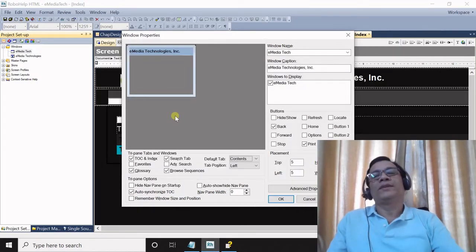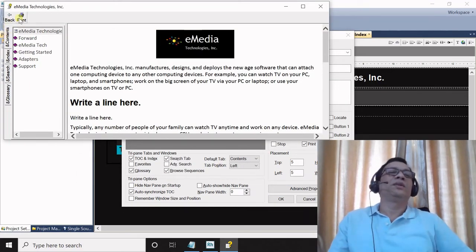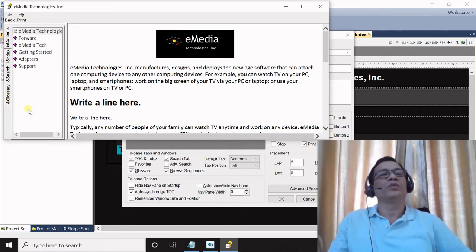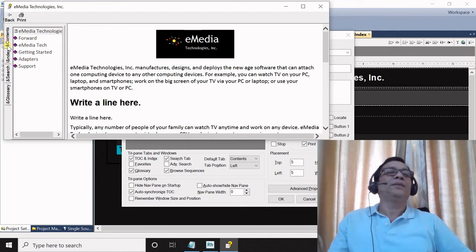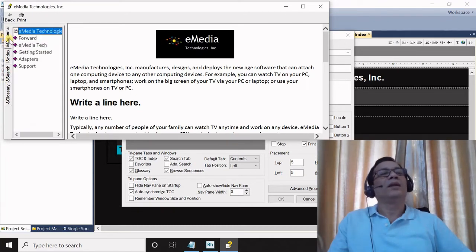Here I will show you the example of this help. What do I mean by tab position? So see, this is the top position and this is the left position and this is the bottom position. Because I have selected the left option, these tabs are appearing at the left.